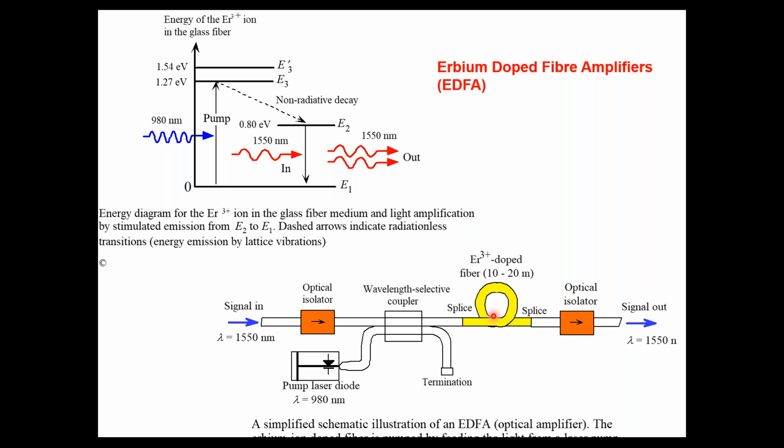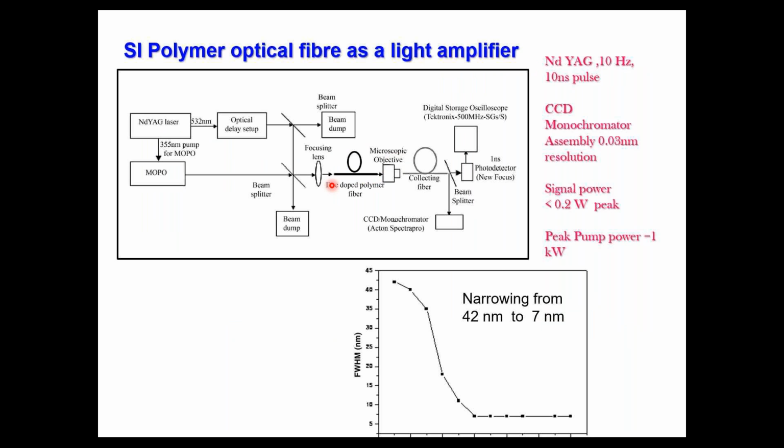A similar thing can be imagined in the case of a plastic optical fiber doped with a fluorescent dye, but the only difference is that you can have visible radiation passing through this fiber, and it is simultaneously pumped, as well as a signal coupled into the fiber. A signal as well as a pump were coupled to the fiber in space and time. They are coupled together and then applied to a piece of dye-doped polymer fiber, and then we studied